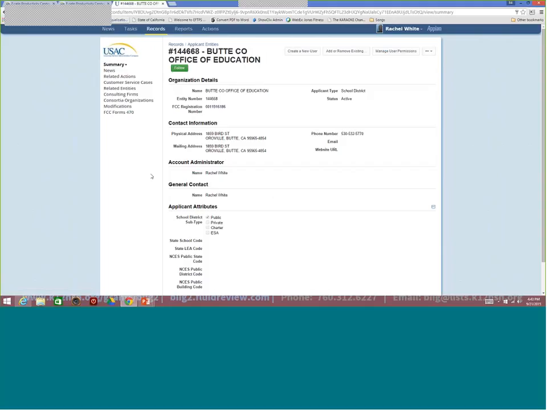Once you have the administrator rights needed, on the landing page you will find your primary organization, and in this case, it's Butte County Office of Education. We'll click on that link, and it'll bring us to a screen that gives us more details on this organization, such as contact information, our FCC registration number, and so on. The area we're interested in now is signing up for the BIIG consortium. In the upper right-hand side, you'll see an ellipsis with a drop-down arrow. It says More Actions. We'll click there, and then go down to the very last option, which says Manage Organization Relationships,